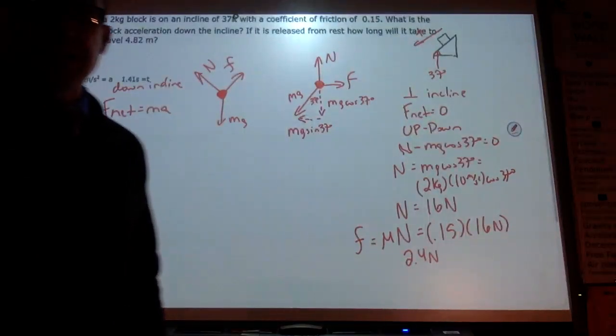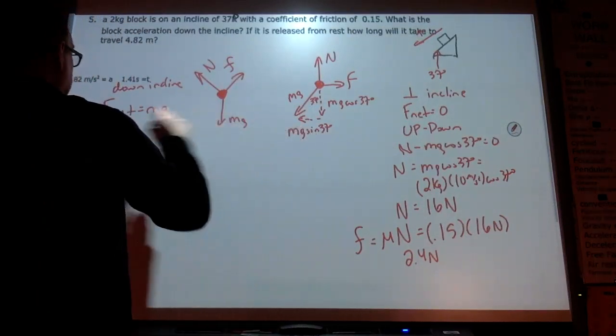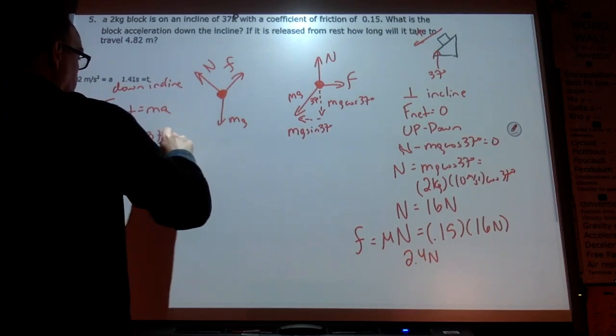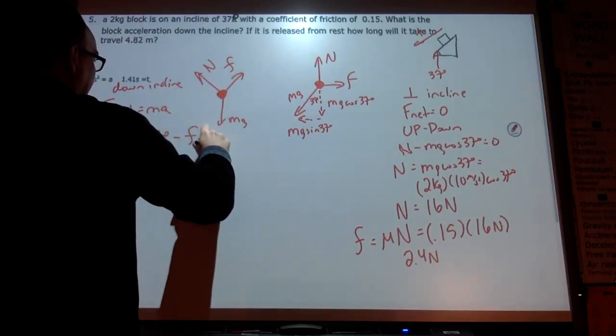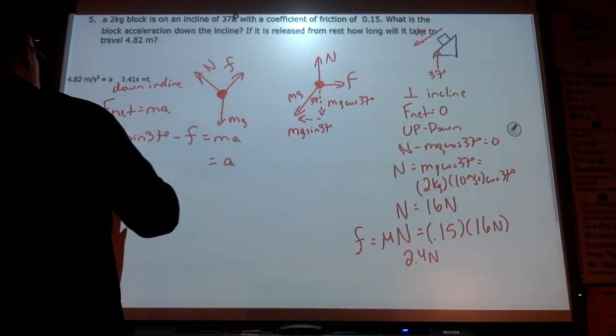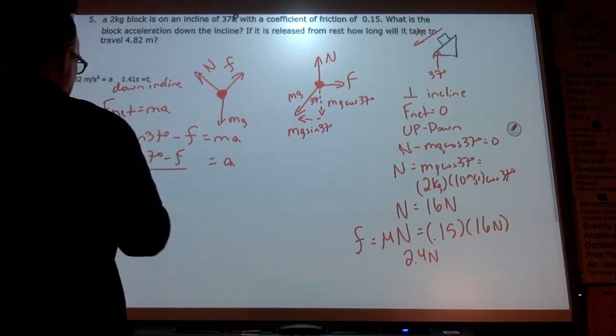And so down the incline is this mg sine of 37. Going up is F friction, and my acceleration would be mg sine of 37 minus F all over